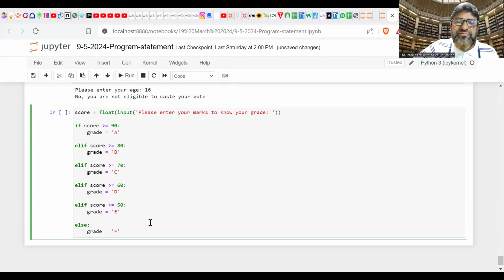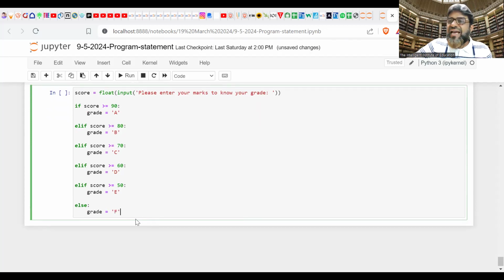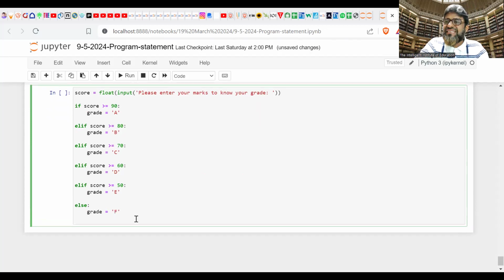Your grade will be F. Fine. And here I want to print some statement. What? Print, because you are failed. So don't worry about fail. You have to work hard. That's it. Failure, only who is going to failure will be the success. Don't worry about that. So you have to work, you have to work hard, because